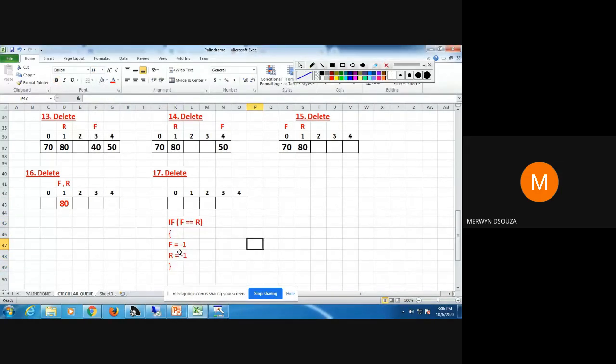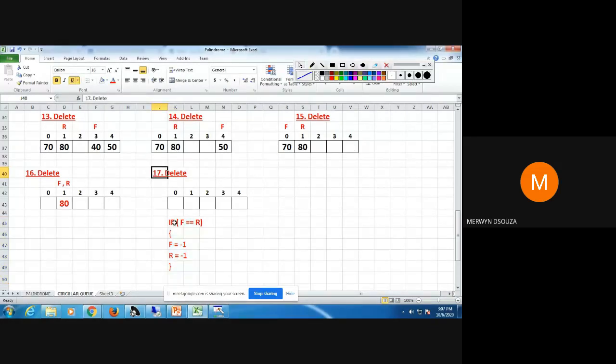Okay, so see here, what we are saying here, since in this step, you can see in the diagram, in this step 16, there was only one element. So that one element was there, value of front and rear was equal. So when we delete it, the Q becomes empty. So if the Q is empty, what should be value of front and rear? Value of front and rear should be equal to -1. Okay, so this code should come in your DQ function, because now you can see we are doing delete.